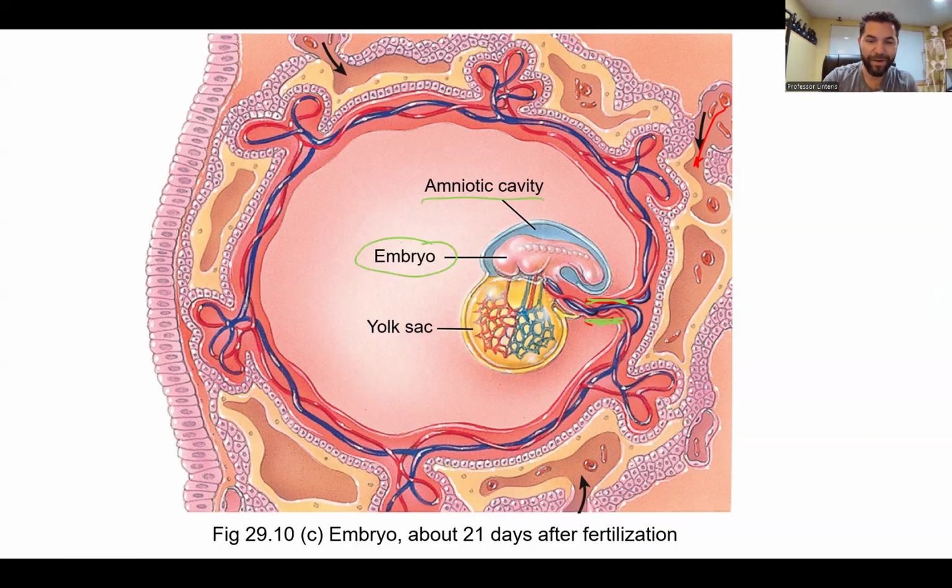And we see the embryo start to look like something more than just a mass of cells, right? It has these little dots in it. It's starting to take shape. Obviously, it's still connected to the yolk sac. And this is what it looks like at about 3 weeks post-fertilization, about 21 days. It seems simple, but there's a lot of cellular activity that's been going on to establish all of this properly,